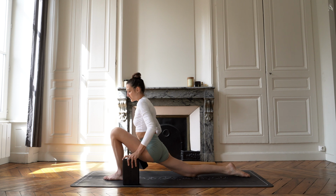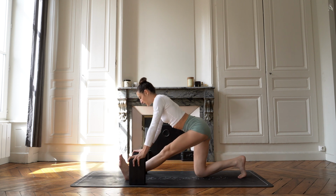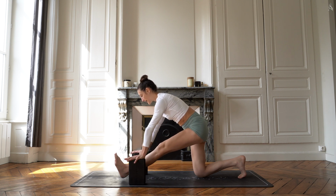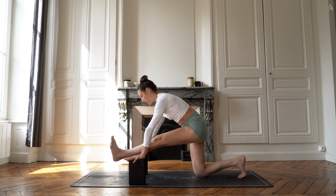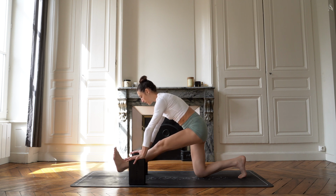Grab your blocks. If you don't need blocks, don't use your blocks. Extend the front leg straight, and we're going to lift the leg up and relax. For 4, down. Keep both hips really parallel. For 3,